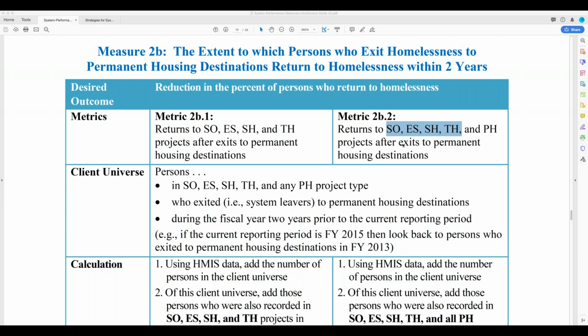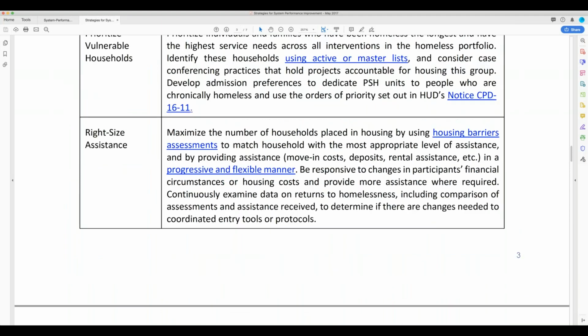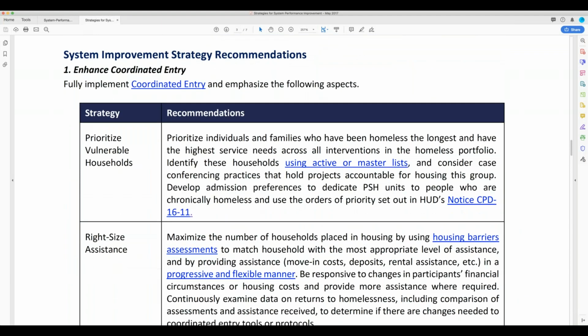Okay, got it. So yeah, can we provide the needed services at the right time so that folks can actually achieve stability in housing? So what services are we connecting them with so that they are stable? And are we providing the right blend of services? So this is going to come up in the next piece that I'm going to talk about. So I'm going to jump over to that document that I mentioned to you before. And I really encourage everybody to check it out. It's called Strategies for System Performance Measure Improvement. Okay. And this is, again, straight from the horse's mouth.